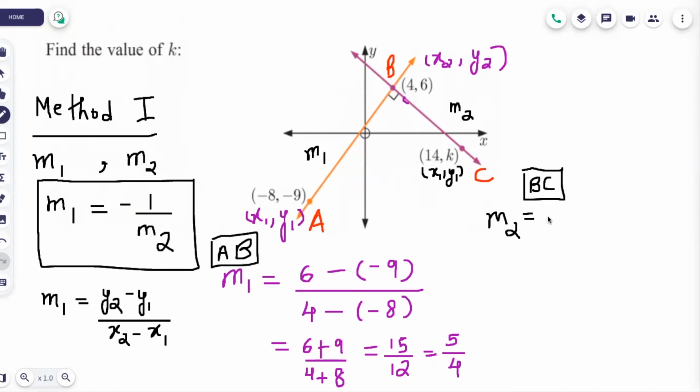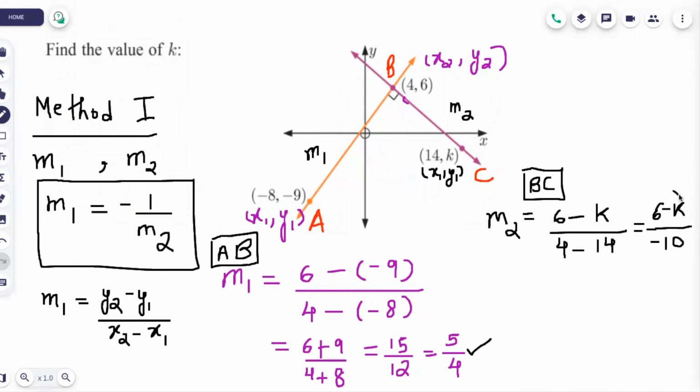So here M2 will be y2 minus y1. y2 is 6 for BC. 6 minus k upon x2 minus x1. x2 is 4 and x1 is 14. Let's simplify it further. I will get 6 minus k upon minus 10, since 4 minus 14 is minus 10. So this is M1 here